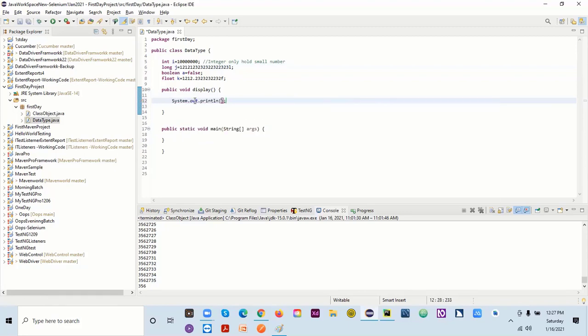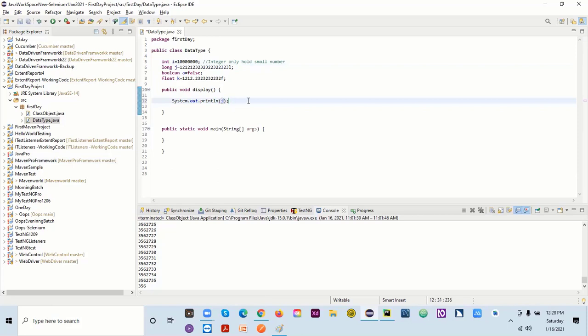This is System.out.println, which is just to print things on the console. This is my project, and this is the console where I'll see the output. So now I'll say I here.